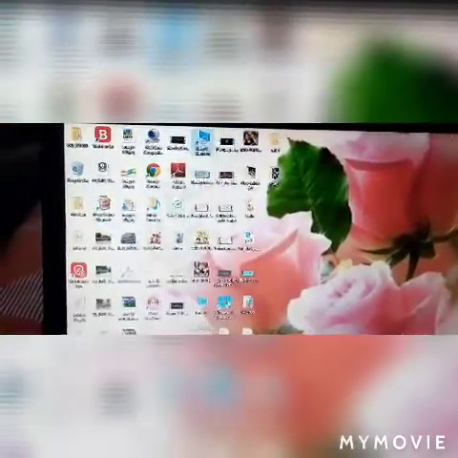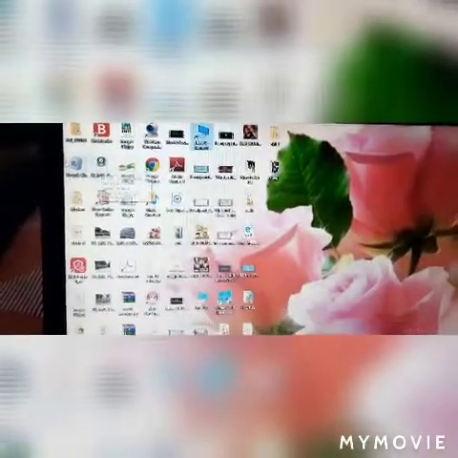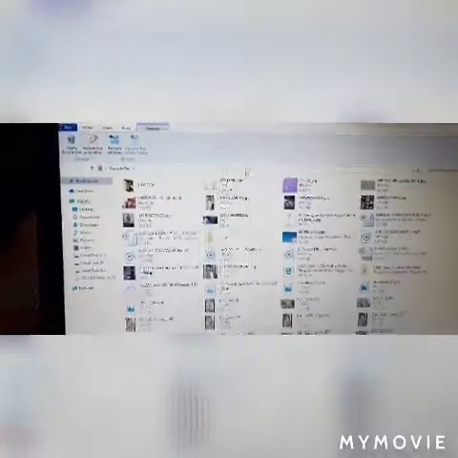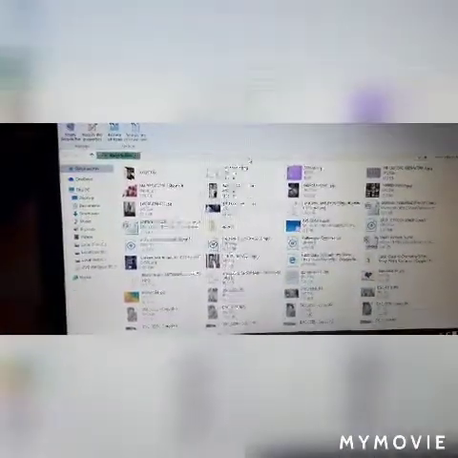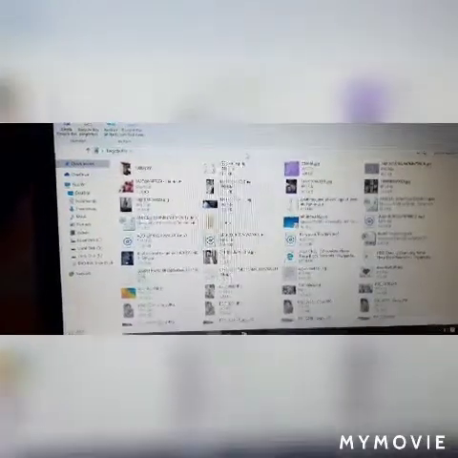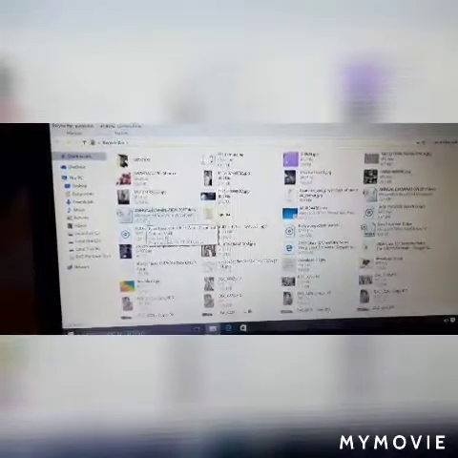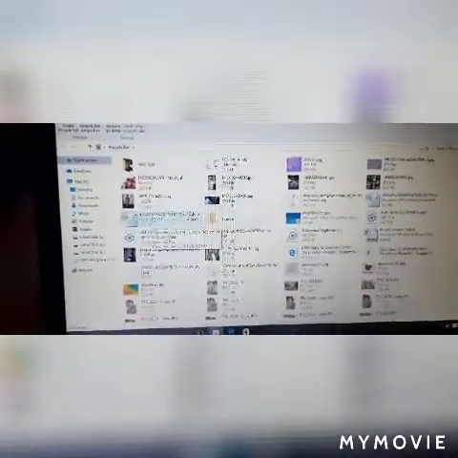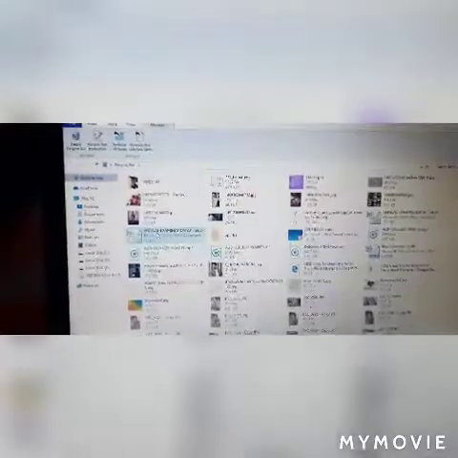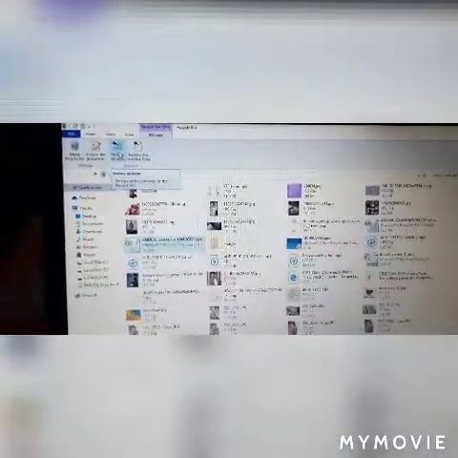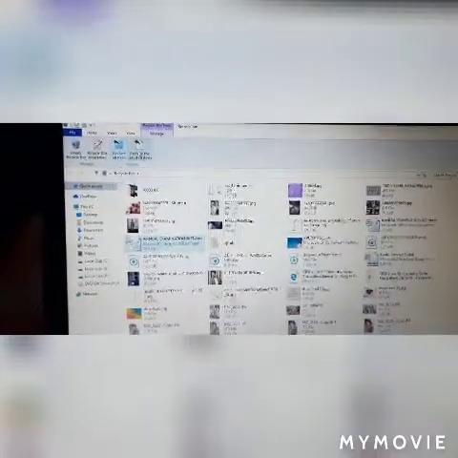So how do you restore? We have to move to the Recycle Bin option present on the desktop. Double tap to open it. After that you could see there are various types of files that have been deleted and stored over here. The last one we deleted is Annual Exam 2017. So now click on that. After that you can see over here in the Manage tab, it is written, Restore the selected item. So click on that and it will be restored.